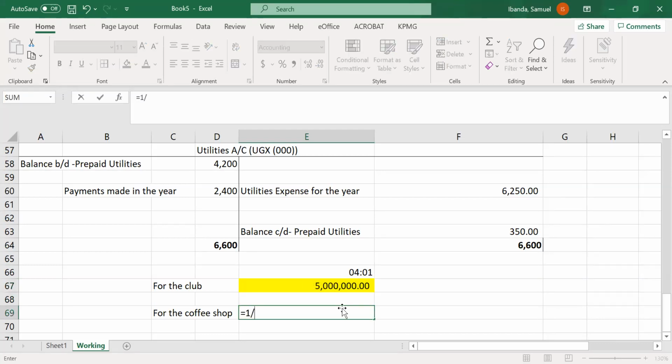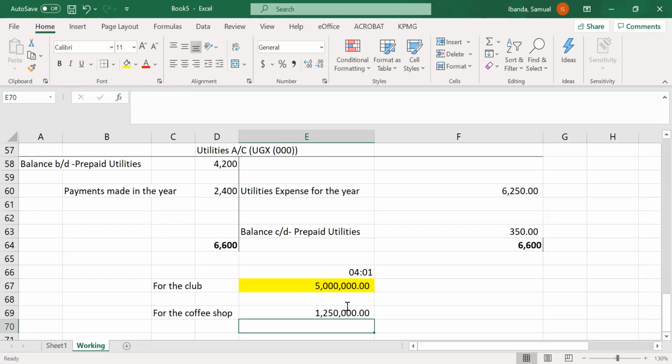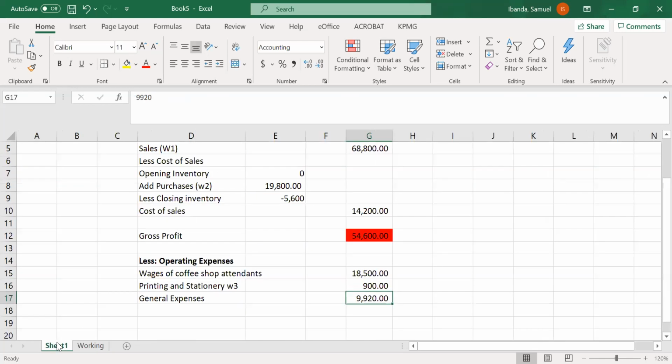This will be 1 divided by 5 times 6,650. Gives me 1,250. So for the coffee shop, I'll come and record